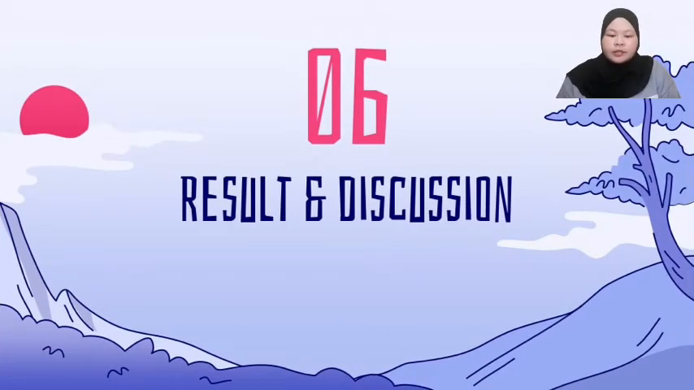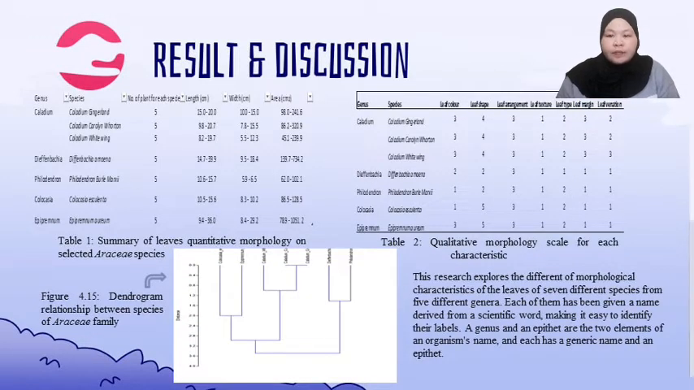The results and discussions. For the results and discussion, 2 tables have been constructed and 1 dendrogram of relationships between species of the Araceae family has also been constructed. For table 1, summary of leaf quantitative morphology on selected Araceae species. The quantitative morphology of the width, length, and the area of the leaf of selected Araceae species is summarized in table 1, and these measures are excluded from the taxonomic classification process that uses hierarchical clustering, since the results will not be as precise given how widely these quantitative morphology characteristics vary for each